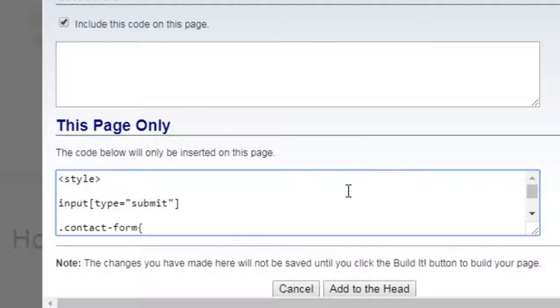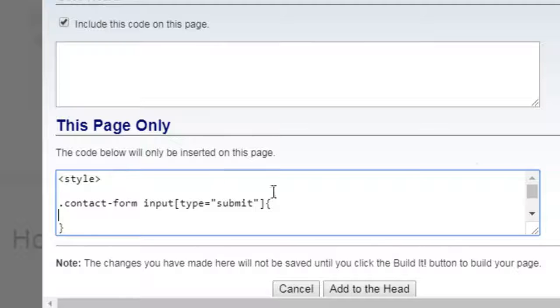Now what I also want to do is put .contact-form space, because otherwise we would be targeting every button that has this type of submit, so we only want to target buttons that are in this actual form. So next thing is a pair of curly braces,